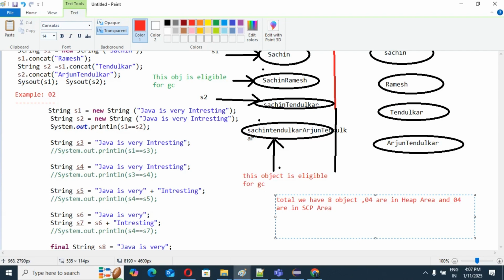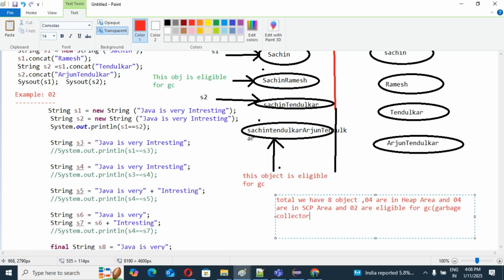Correct? And 2 are eligible for GC, that is garbage collector.